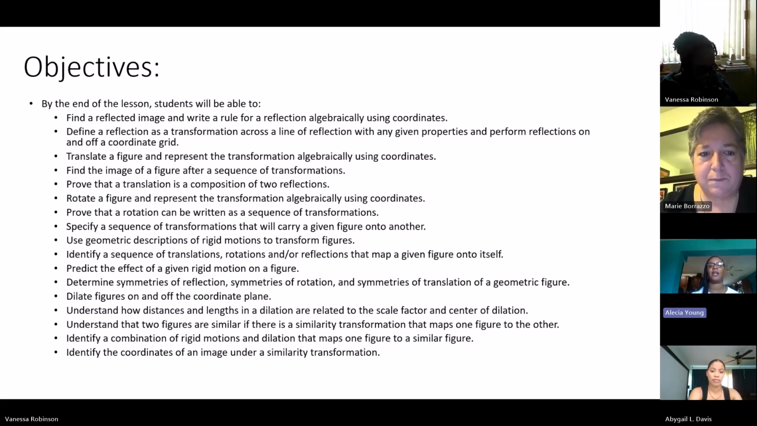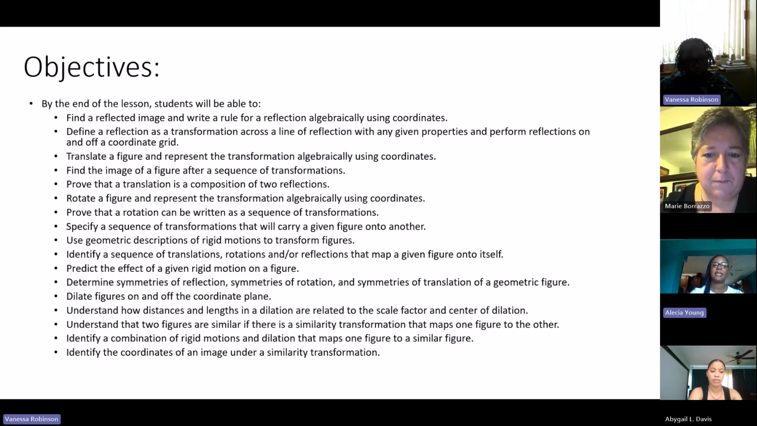the transformation algebraically using coordinates, find the image of each figure after a sequence of transformations, prove that a translation is a composition of two reflections, rotate a figure and represent the transformation algebraically using coordinates, prove that a rotation can be written as a sequence of transformations, specify a sequence of transformations that will carry a given figure onto another, use geometric descriptions of rigid motions to